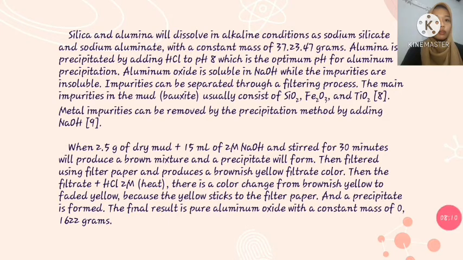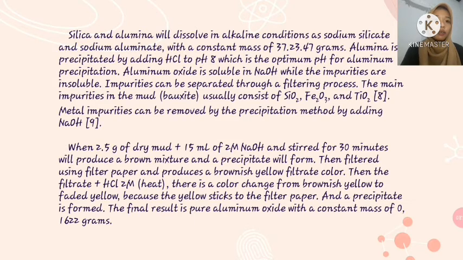Silica and alumina will dissolve in alkali condition as sodium silicate and sodium aluminate with a constant mass of 37, 23 and 47 grams. Alumina is precipitated by adding